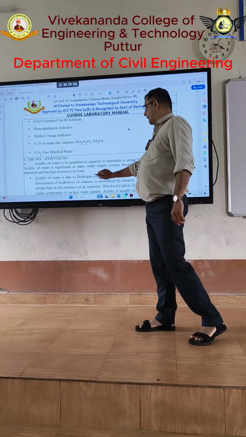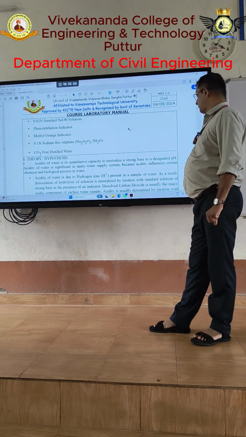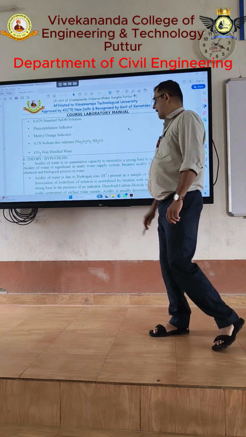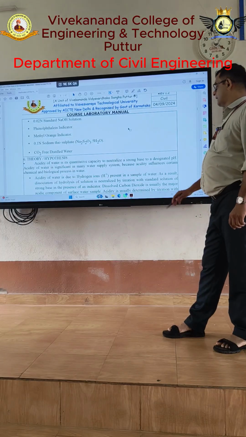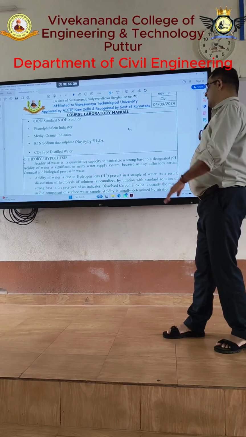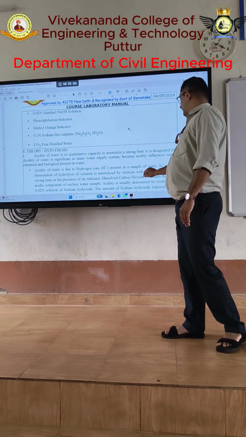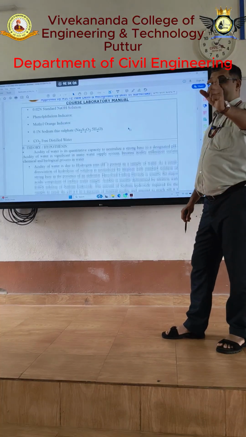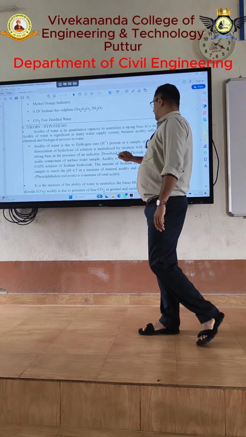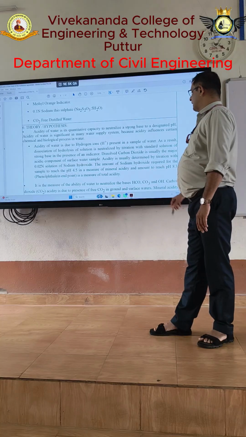Why will the acidity be there? That is due to hydrogen ions present in the water. Because of that, the dissociation or hydrolysis of the solution is neutralized by titration with a standard strong base in the presence of an indicator. Dissolved carbon dioxide generally influences the acidity. Right? So that carbon dioxide influences the acidity, and it is